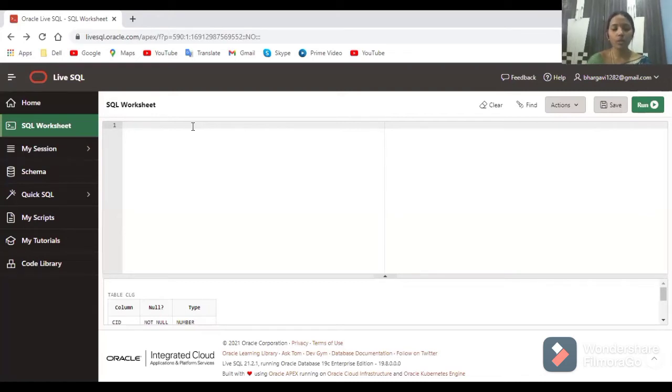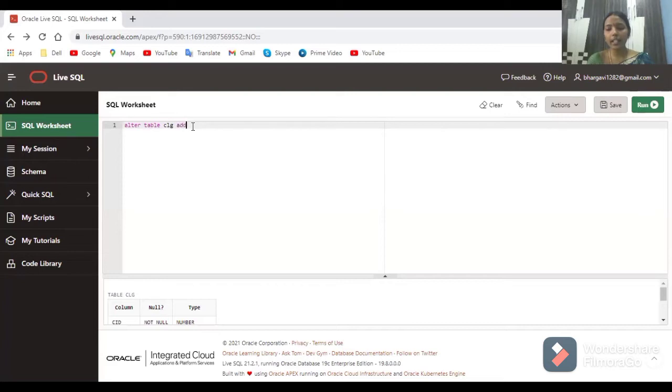Now how to add a column? We are modifying the structure of the table, so we use the alter command. Alter table. You must remember the syntaxes so that you'll write queries very easily. Alter table, table name. What is our table name? College is our table name.